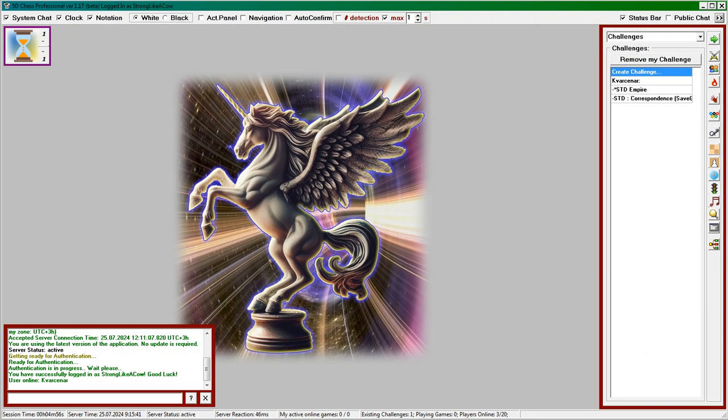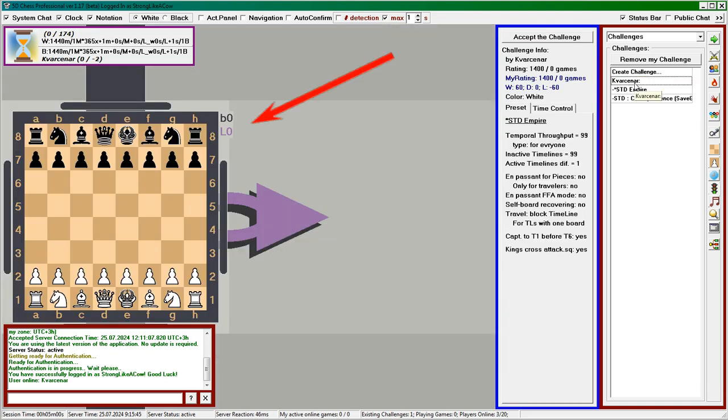This is how other users see our challenge. Click on it. On the left, the starting position with the pieces corresponding to this challenge is shown. And on the challenge description panel, we see who created the challenge, the creator's rating, our rating, the increase in our rating in case of a win, in case of a draw, and in case of a loss. Below is a description of the preset and time control, which we will talk about later. If everything suits us, click Accept Challenge.